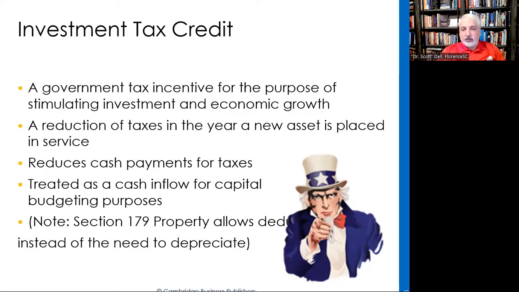And then there's something called Section 179 property, which allows a full deduction instead of the depreciation. So certain vehicles or certain equipment, in the first year, you can deduct it instead of having to, as GAAP tells you, depreciate it over 10 years, 20 years, or even 5 years. Section 179 property allows you to deduct it in the current year. So that's some of the additional considerations you want to consider as you're investigating options for capital expenditures.